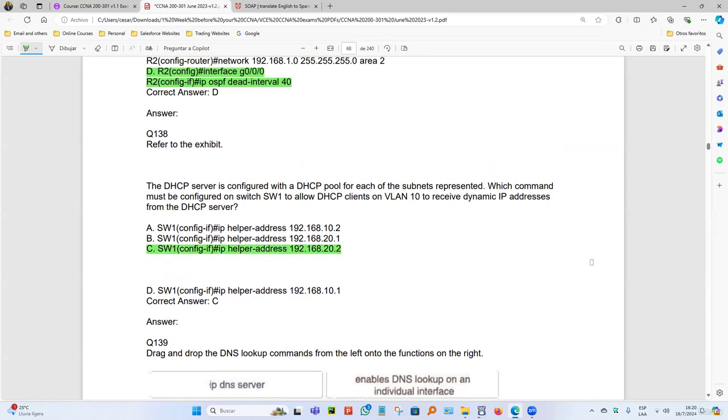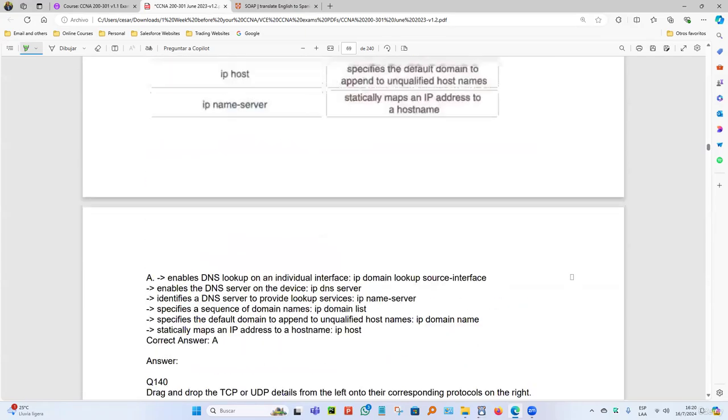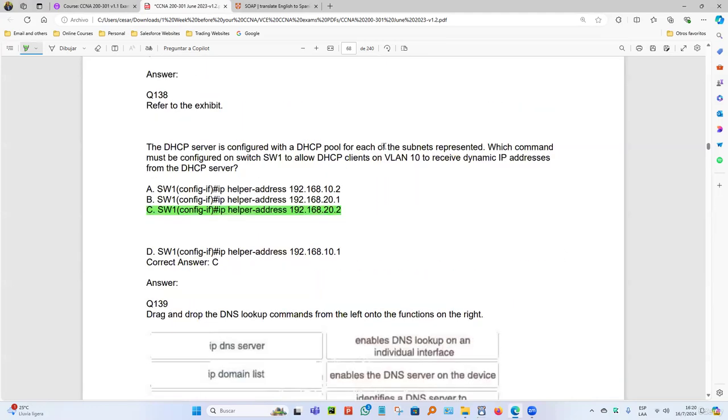It doesn't really give us an output. Maybe the output is missing somewhere. I don't really see it anywhere here. Maybe we're missing the output, but it says that they're working along with a pool and a DHCP server, and the correct is IP helper address